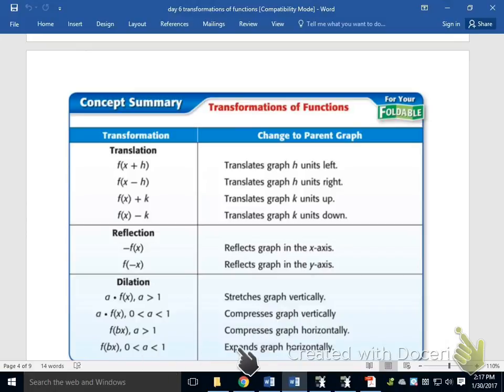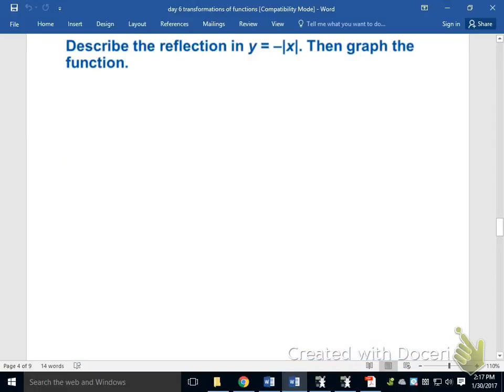Same for if it's between 0 and 1. So all these are the list of transformations. If you're describing a graph as a transformation, this is what you refer to. In fact, I can't think of a time where it's something outside of this list for any of the functions that we deal with. So now I'm going to describe the reflection that's shown in y equals negative absolute value